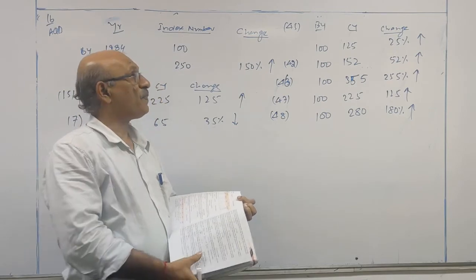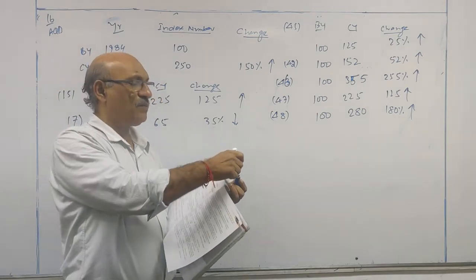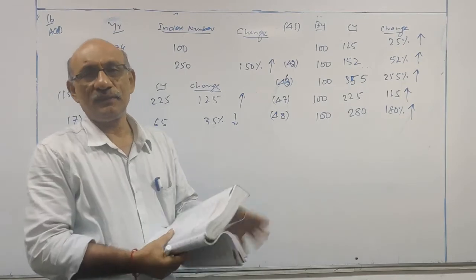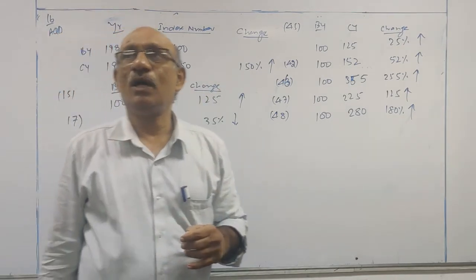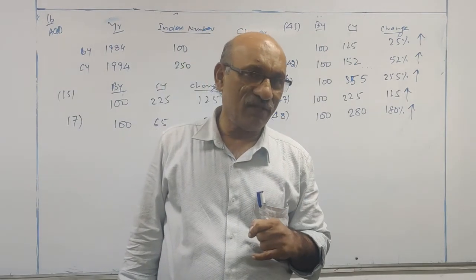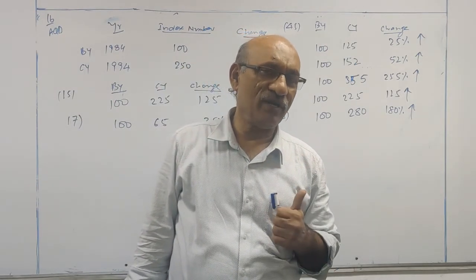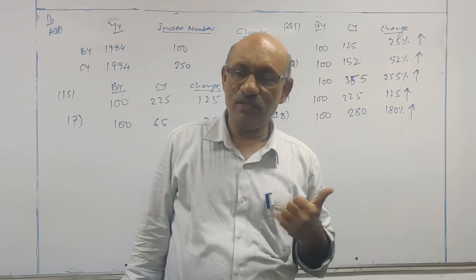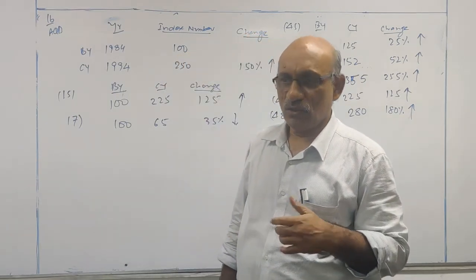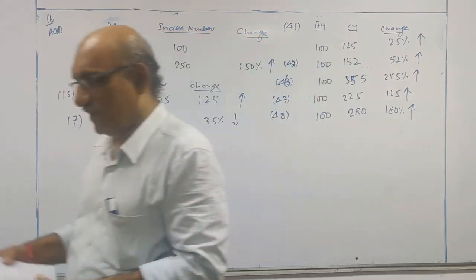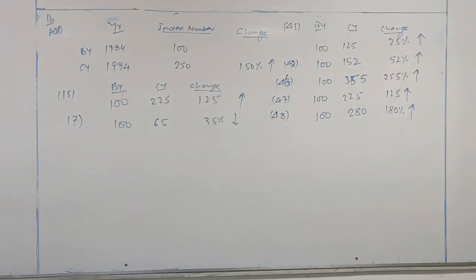So with this, one more category of problems on index numbers is over. That is the problems which are based on the definitions. So what is the last concept left over? That is problems based on consistency, tests of adequacy. Next I am moving to that concept, tests of adequacy.